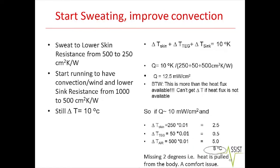If I start sweating and running, and I do something to improve the convection as well, and say my environmental temperature is still a delta T of about 10 degrees, and I go through this and lower these numbers, what I find is that the heat flux going through my system, determined by the temperature and these resistances, is now 12 milliwatts or so. But that's more than what I said I had, right? And so if I only had 10 milliwatts per centimeter squared available,